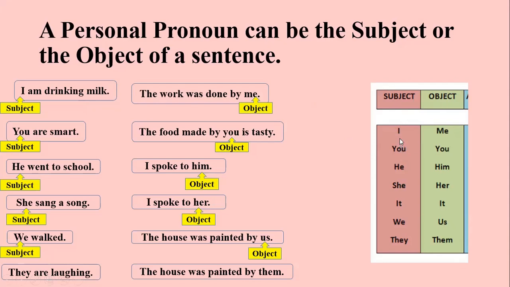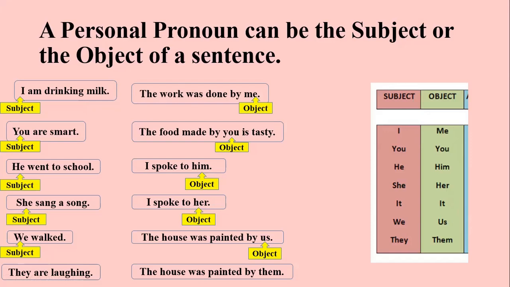The personal pronouns I, you, he, she, it, we, and they are used as subjects of a verb in a sentence, while the object personal pronouns me, you, him, her, it, us, and them take the place of the object